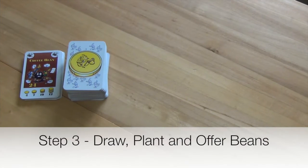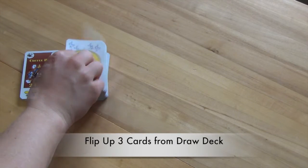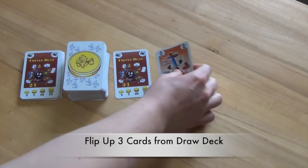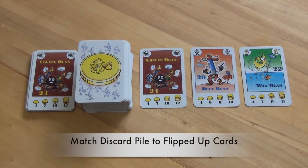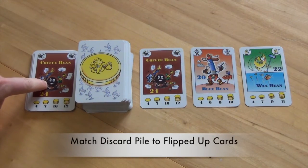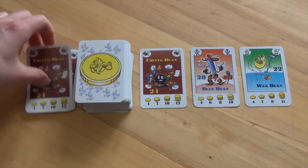During Step 3, the active player will draw, plant, and offer beans. To do this, they will first draw the top 3 cards from the draw deck and place them face up in the middle of the playing area. Next, they will look to the top card of the discard pile. If this card matches any of the 3 flipped up cards, they will add it to the flipped up card